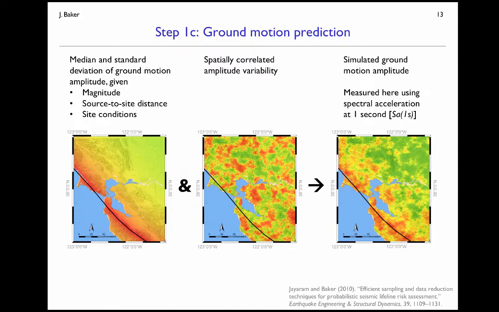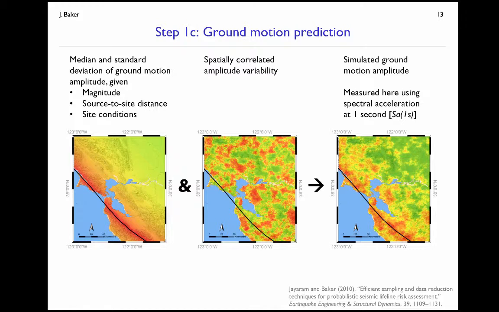Here we're going to measure ground shaking amplitude using a 1 second spectral acceleration, because that'll be the input to our damage predictions that we'll see in just a moment. And I'll note that the paper down in the bottom right corner provides some additional details about these simulation steps. I'm clearly going at a very high level with this explanation here, just to think about schematically what's going on in the calculation.